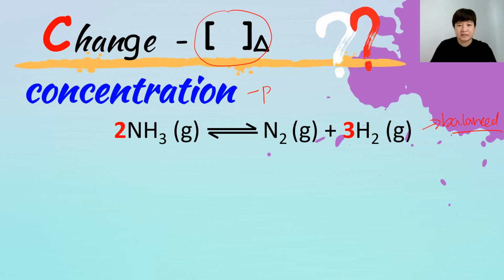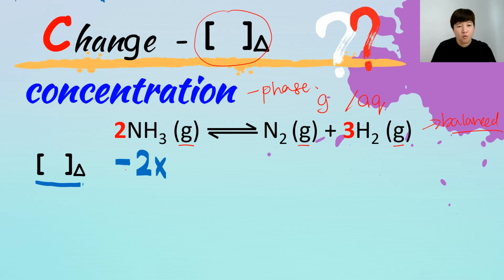Second, you need to check the phases. The phases that we will take into account for concentration are gas and also aqueous. You can see over here is gas, and is gas, so we will take count of everything. So next, what would be the changes? The changes over here are based on the balanced chemical equation. I'll show you first. The changes over here for the reactant is